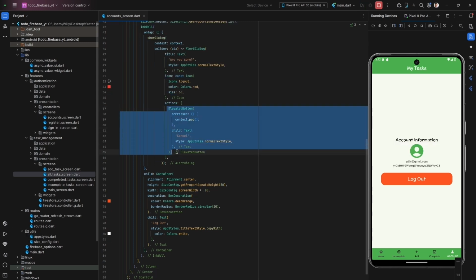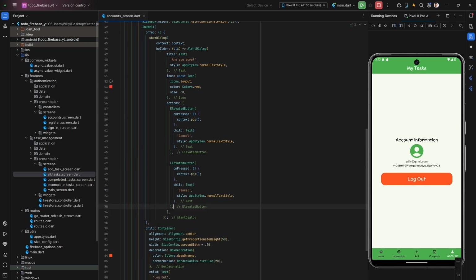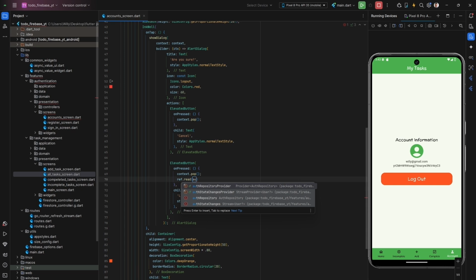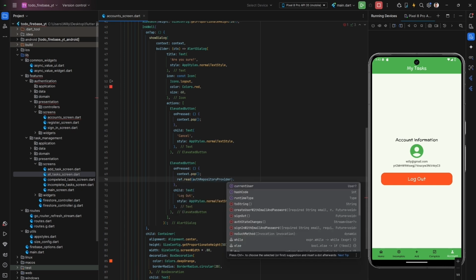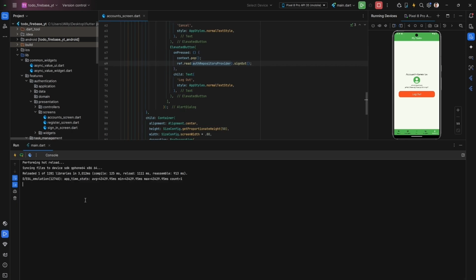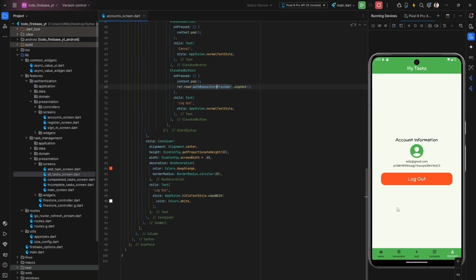So the next is going to be another button now for logout. So this one, we're going to pop that out, and then we're going to call ref.read of the repository provider dot sign out. So with that, if I save everything and restart the application, so if I click on